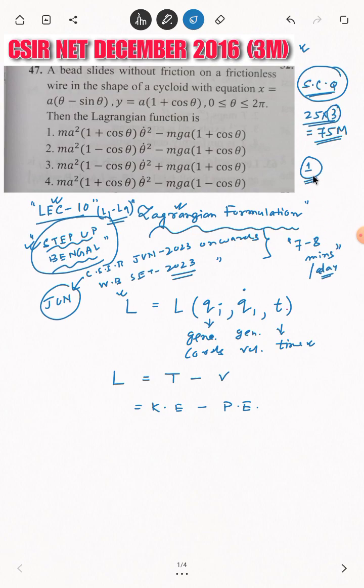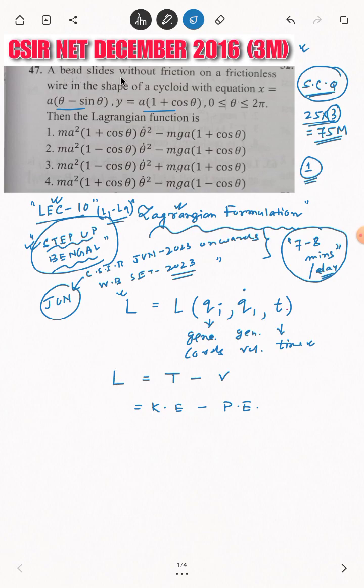People from a maths background often do not like to give time to classical mechanics, and for that, simple questions like this are often not taken into consideration in their number sheet. So we from the team of Step Up Bengal request all of you to give say 7 to 8 minutes per day so that you can answer this type of question easily. সবাই এটা ইজিলি করে ফেলতে পারো।